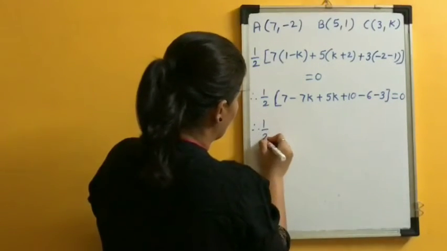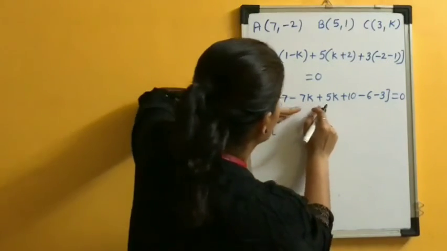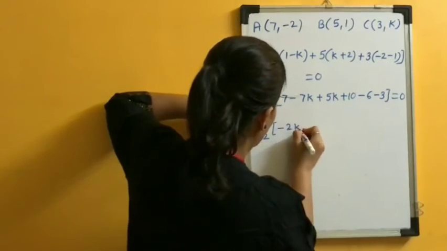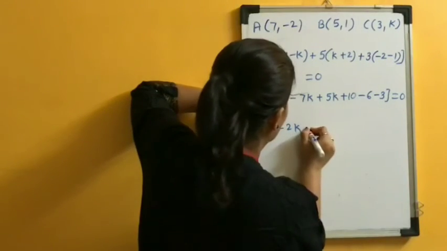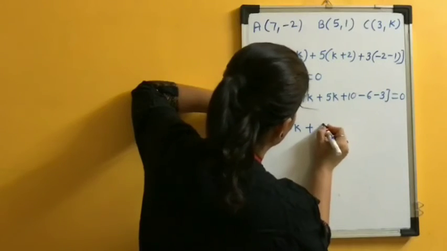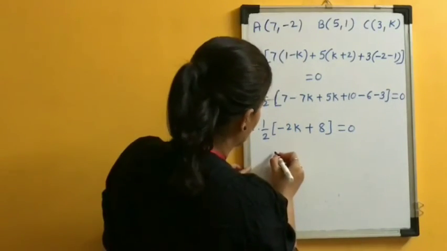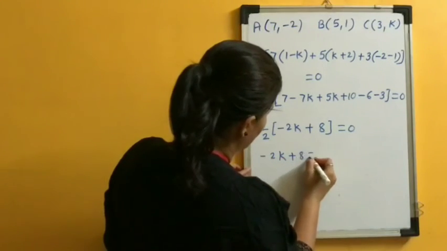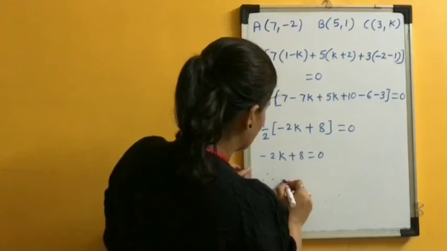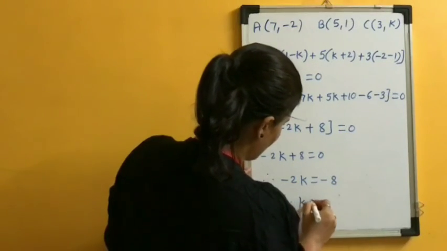That means 1 by 2 into, this k is minus 2k, 7 plus 1, that is 8, plus 8 is equal to 0. That means minus 2k plus 8 is equal to 0. That means minus 2k is equal to minus 8. That means k is equal to